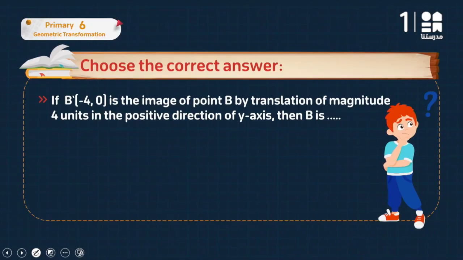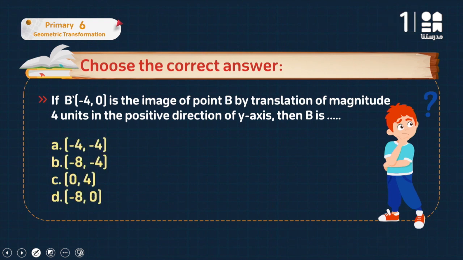تعال نشوف البوينت الثانية. B dash. هو البي داش دي معناها ايه؟ B dash يعني image. This is the image of a point B. So B dash negative 4 and 0 is the image of point B by the translation of magnitude 4 unit in the positive direction of y axis. Then the B is what? negative 4 و negative 4 ولا negative 8 and 0؟